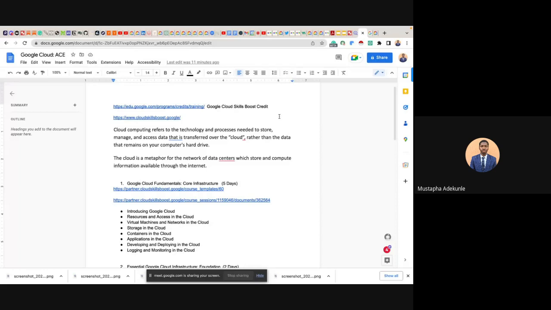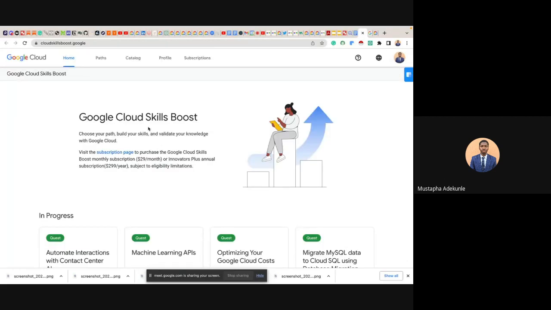So majorly we'll be using the Google Cloud Skill Boost platform. So this is the Google Cloud Skill Boost platform. I'm going to share the link with you all. What this platform is all about is that it has curated resources on Google Cloud, a whole lot of resources. There are step-by-step labs that we would go over, and also courses that you can learn on Google